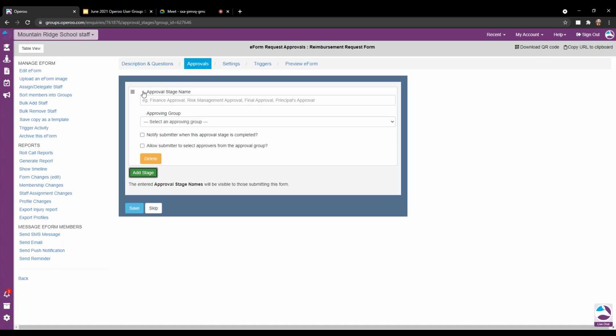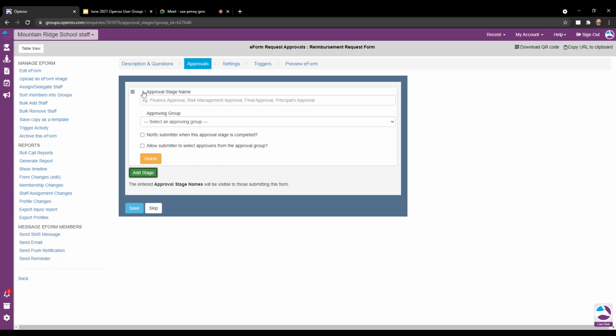Each approval step will send an email notification to the appropriate people and request an approve or reject on an eForm that has been submitted by a staff member. Approvers are then reminded every 72 hours if they have outstanding approvals to accept or reject, so approvals don't get forgotten. And by the way, if a staff member who is an approver is away, an administrator can approve on